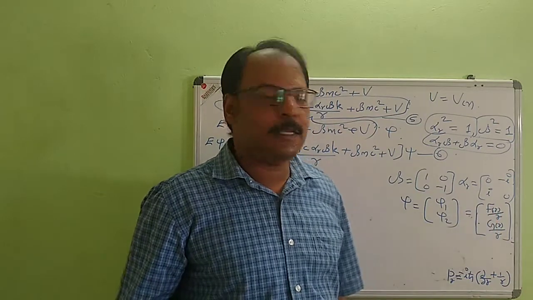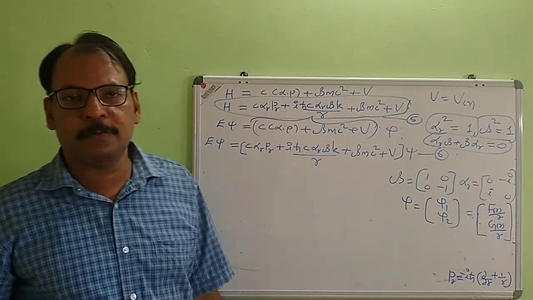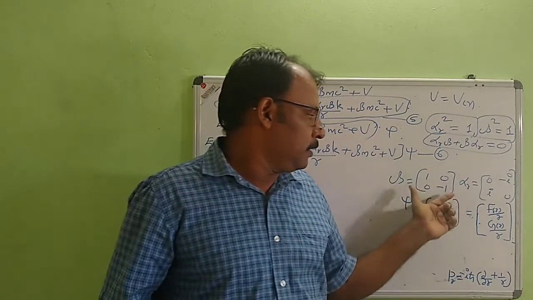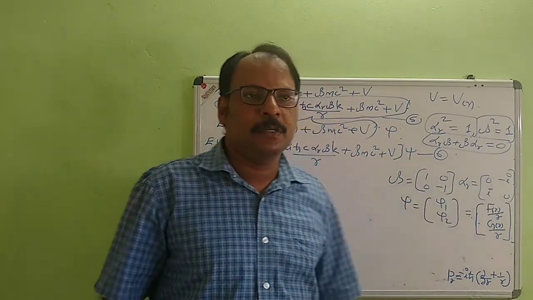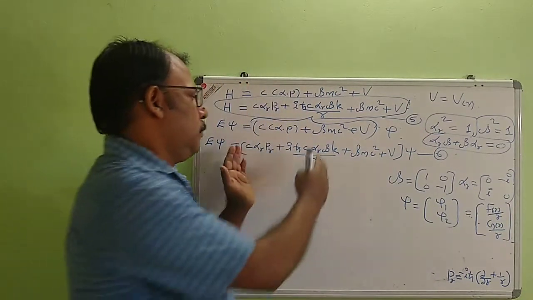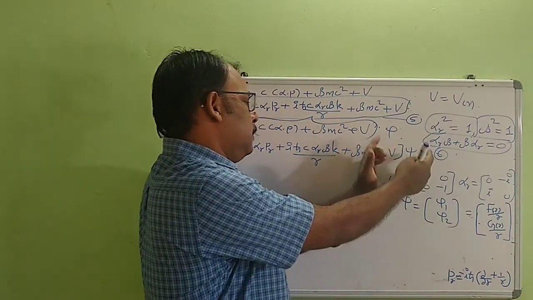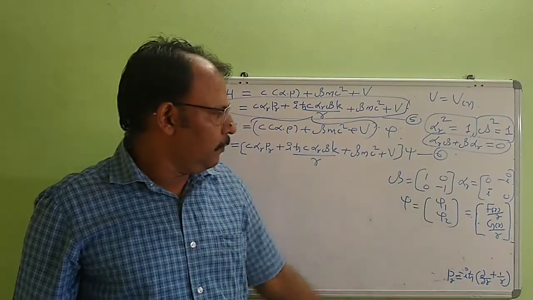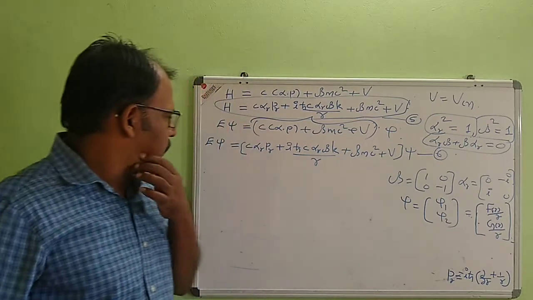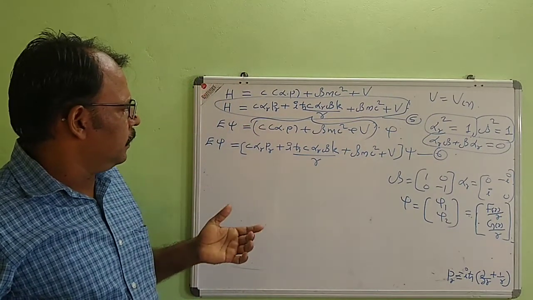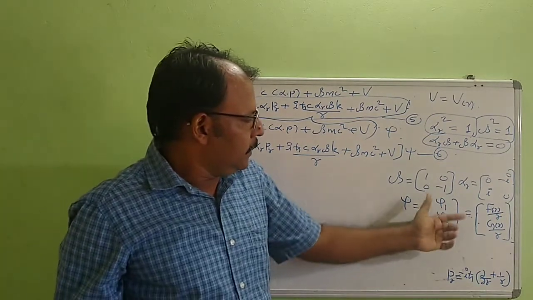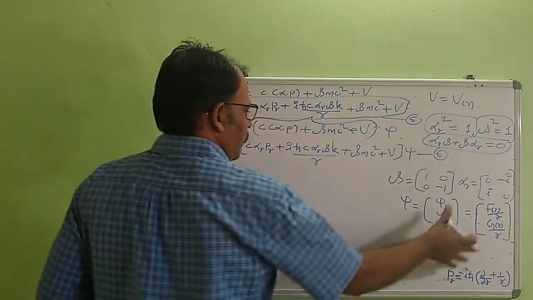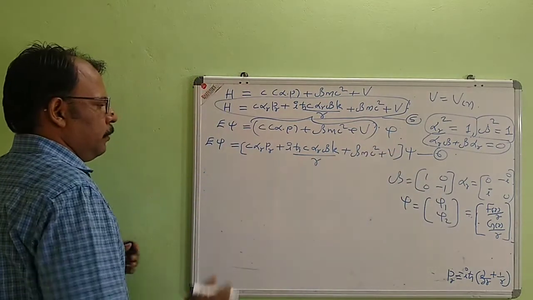Here it should have two components because we have two matrices in the equation. Those matrices are 2 by 2 matrices, so naturally we are multiplying them by the wave function psi. So psi should have two components, taken as psi1 and psi2. We are going for a representation in which psi has two components, psi1 and psi2. Now we substitute these values in this equation.